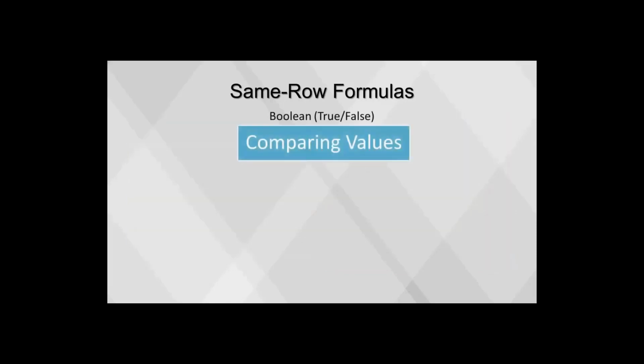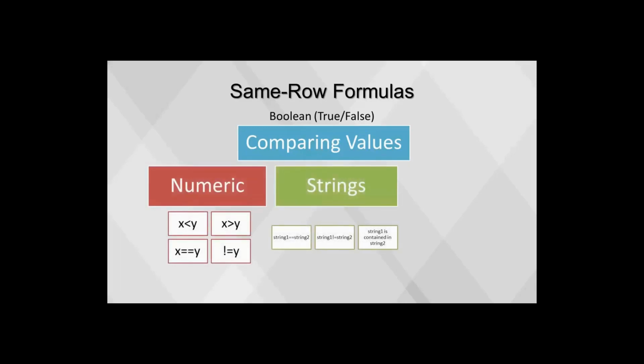With formulas, we can also compare values of two different fields to create a Boolean variable. A Boolean variable is typically used to capture true-false values. To create a Boolean variable, a logical statement or condition can be used in a formula. This logical statement can compare two values of the same type: numeric values, strings, and dates.